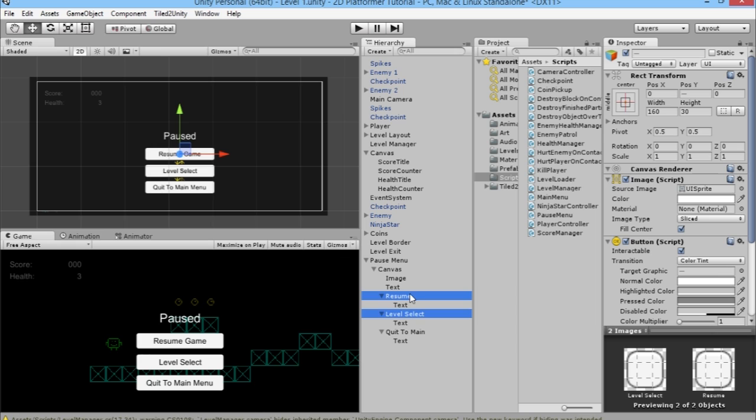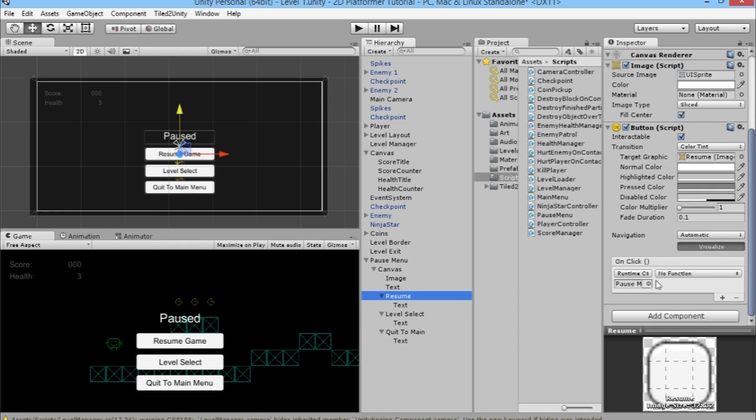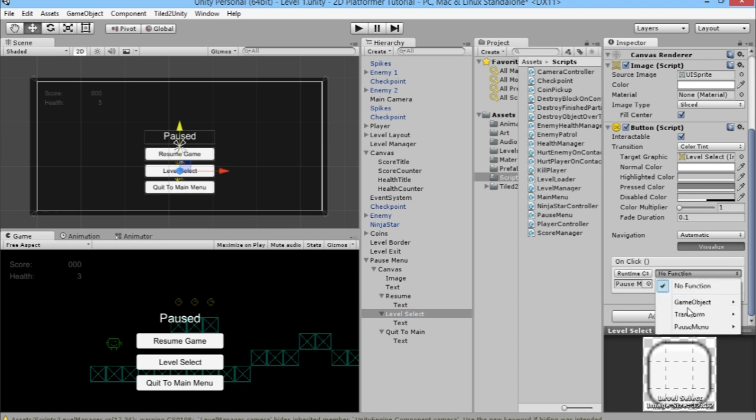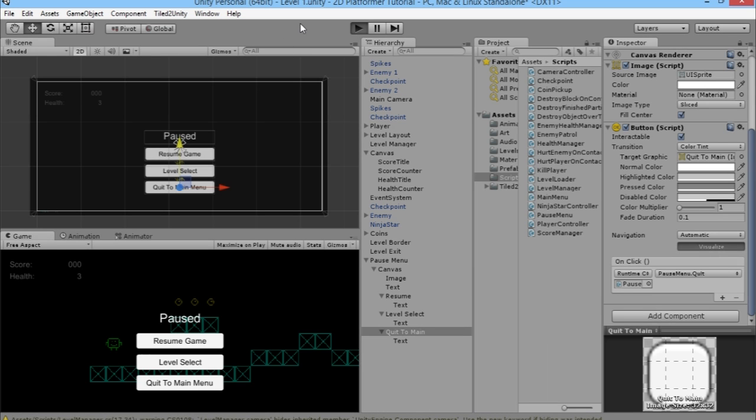But if we select our buttons one by one now, we've already decided that a pause menu is going to have our script on it. So if we go to no function, we go to pause menu, and we get resume, and for level select we'll go pause menu, level select, and then pause menu, quit. So now our buttons are all attached up nicely, all sorted for us. So if we hit play,